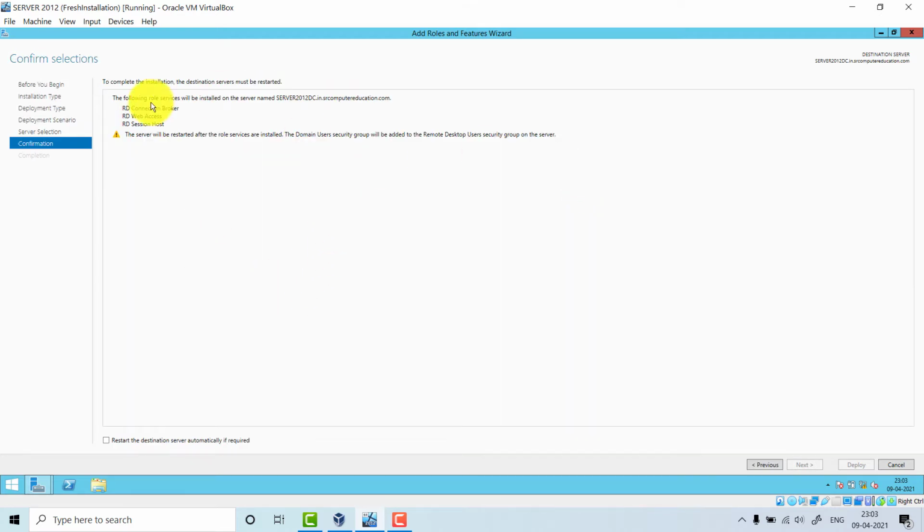See students, these three services will be installed: RD Connection Broker, RD Web Access, and RD Session Host. It will take some time for the installation. Click here, restart the destination server automatically if required. You have to put a check mark here.